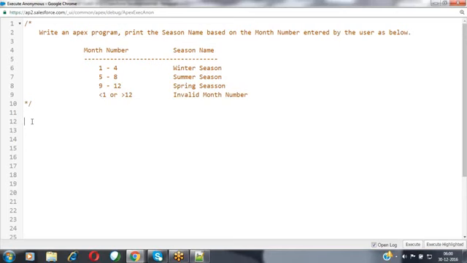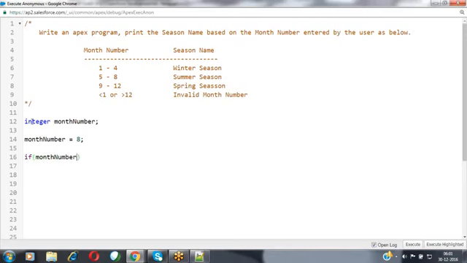Now, in order to receive that month number, I'm defining one numerical variable here, an integer variable. Integer monthNumber. So in this case, I'm going to verify this condition. If the month number value is between the specified ranges, I would like to show the associated season name. For example, I'm assigning the month number value as 8. Based on that month number, I would like to show some season name here. For that, I'm writing the conditions.